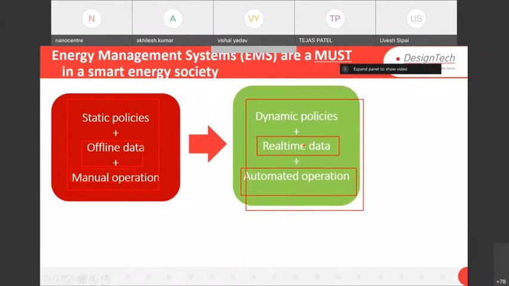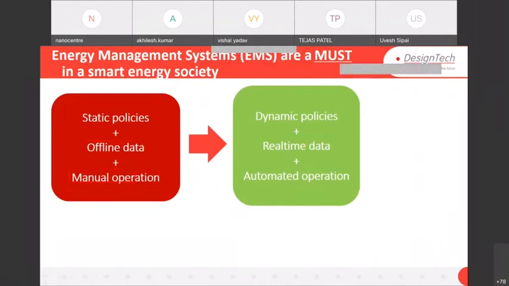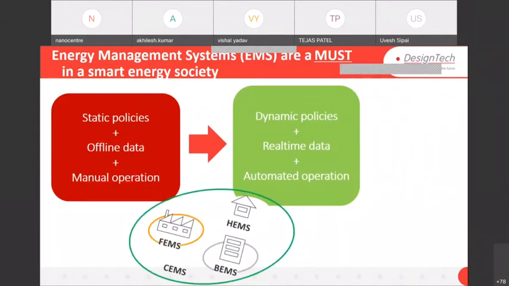system. So automatically it will detect what is the requirement of energy and what is the requirement of temperature. Based on that, the energy will be optimized and we can save around 20 to 25% of the energy cost, right? So in this case, it can be any kind of energy management system.